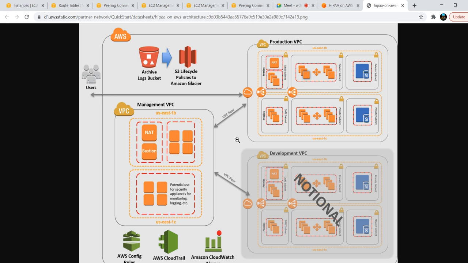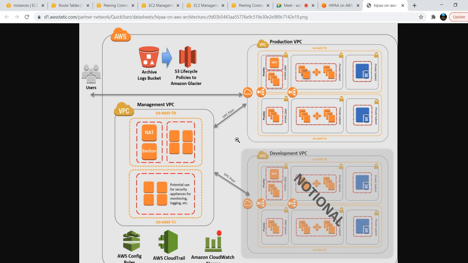Depending upon their architecture, they will definitely use multiple VPCs, and some companies will use a production account entirely separate, a non-production account separately, and a management account separately. They use entirely separate accounts because if something goes wrong in any particular account, it will affect only that account. And some companies use multiple VPCs in one account for multiple environments, production, non-production, or management. That entirely depends upon the architect who is designing the company's architecture.